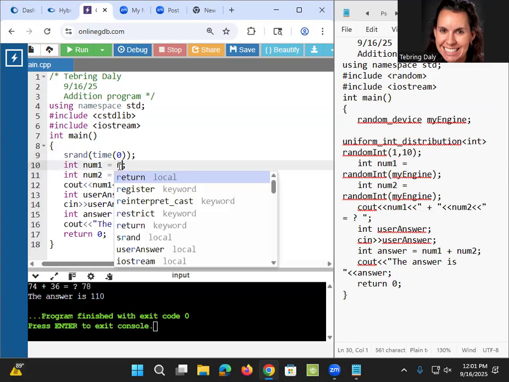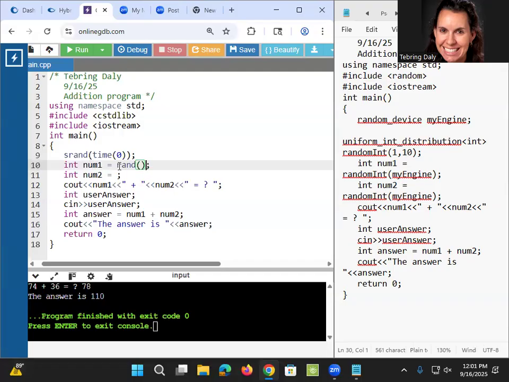I'm going to use the rand. If you use the rand without the srand seeded, then it just always generates the same number, because it uses the same seed all the time. But if you seed it with the time, the time always changes. It goes based on milliseconds, so it always changes, and it always gives you a new number. So then you'll get a new number, and then all you have to do is